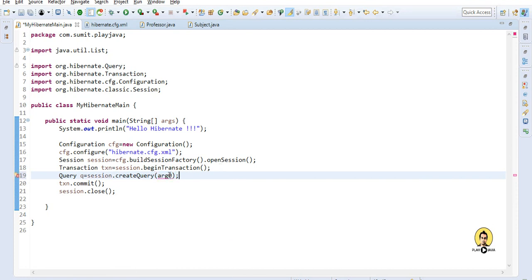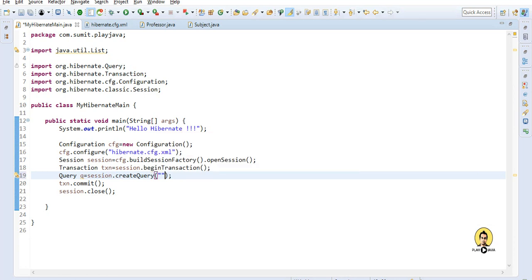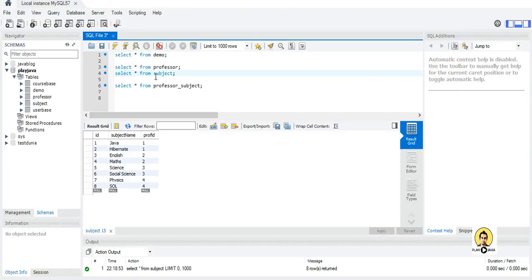For creating a query, we have to write it in HQL, the language in which Hibernate understands the query. When we select data from a table, we go for the name of the table, so if you are selecting data from the subject table, we just write select star from subject.